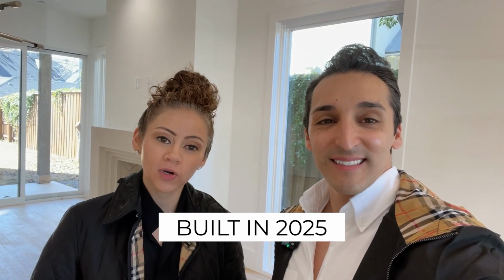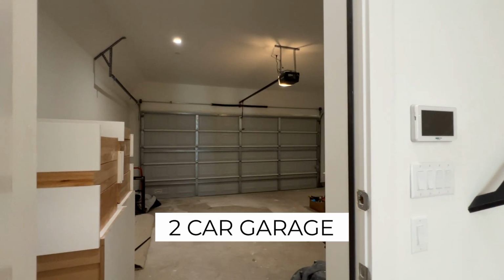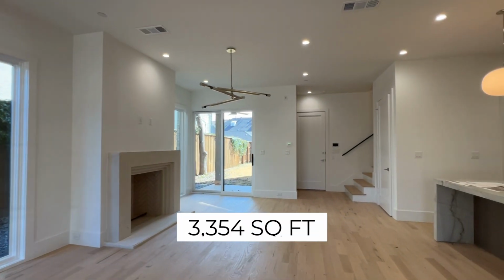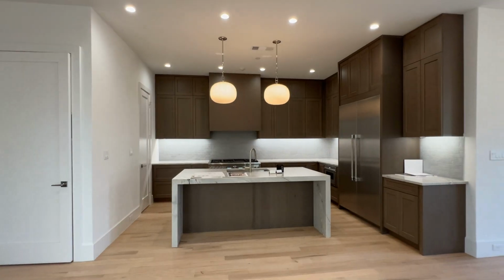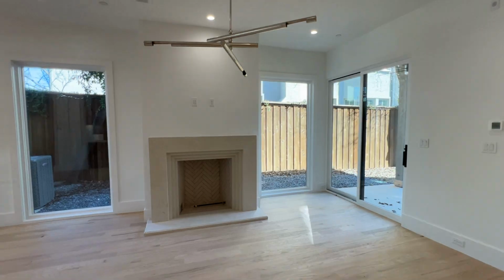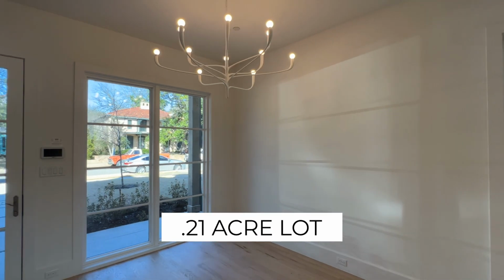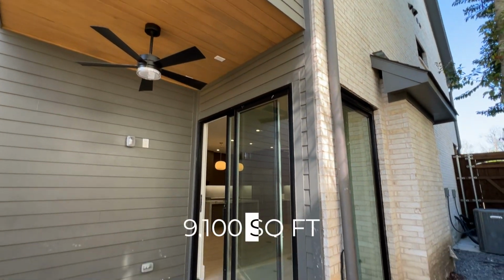Yes, this is built in 2025 by Rossi Custom Homes. It's a 4-bedroom, 4.1 baths, 2-car garage, 3,354 square feet. It's currently listed at $2,175,000, which is $648 price per square foot, and it's sitting on a 0.21 acre lot, which is roughly 9,100